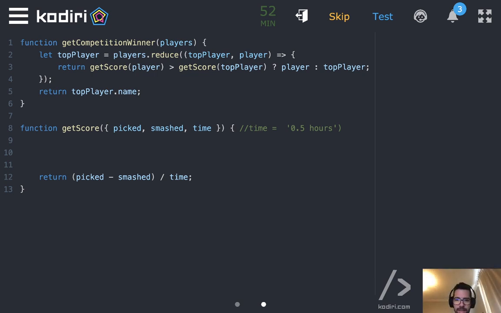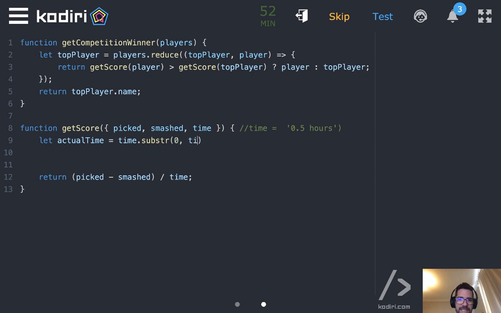The first one will be, let me create a variable, actual time equal, and then look, you can do time dot substring. So you can get the substring from the beginning to where?